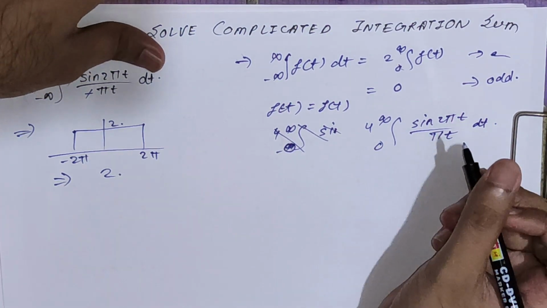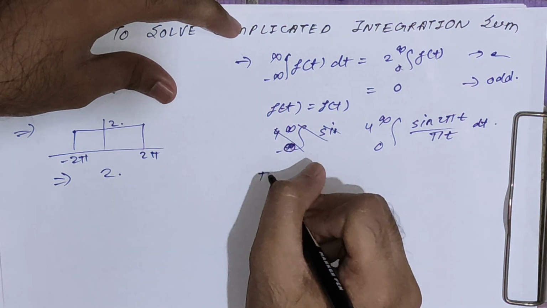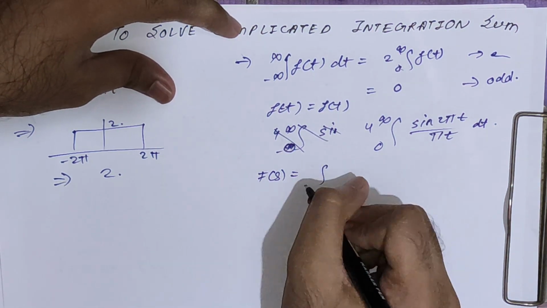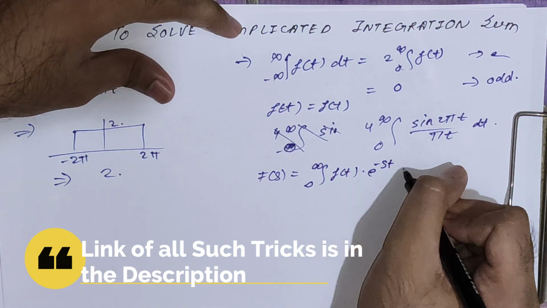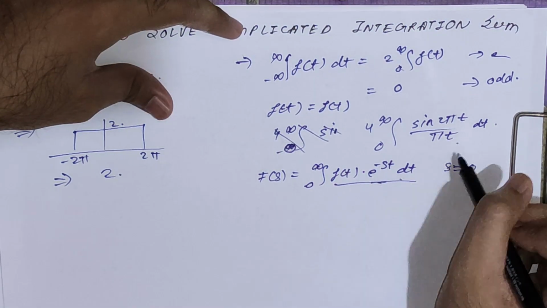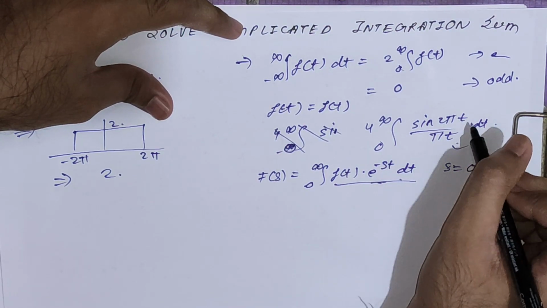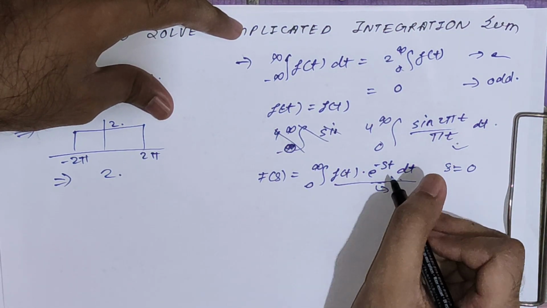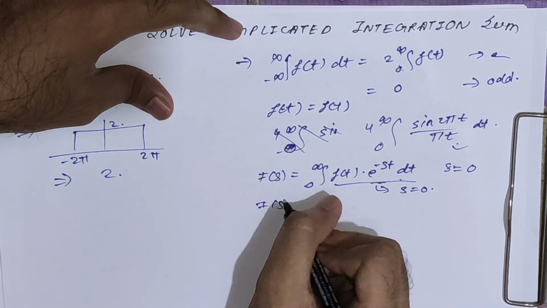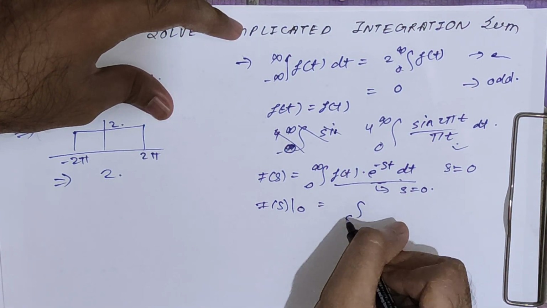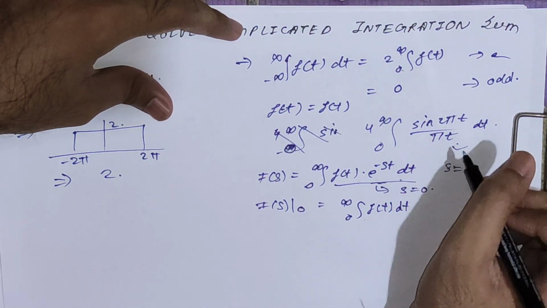Right, now we are going to use the Laplace transform to solve further. So we know the formula for Laplace transform, F of s equals the integral from 0 to infinity of f of t e raised to minus st dt. So if you compare this formula with this function you will get that e raised to minus st is 1 here. So for e raised to minus st to be 1, s should be 0. So if we put s equals 0, we will get the integral from 0 to infinity of f of t dt. This is for the style of this function, right?